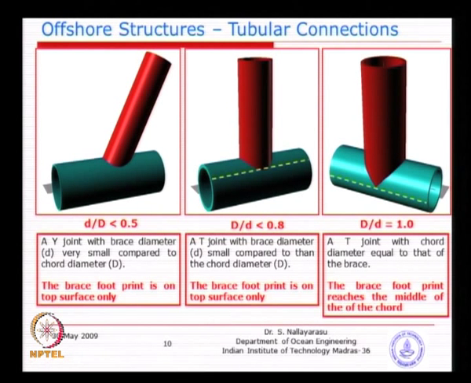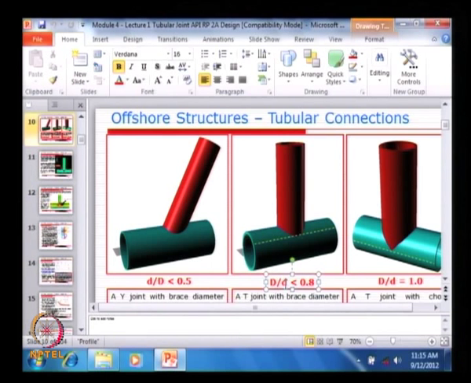Now, you see the diameters, I purposely made it to just indicate how things will go wrong or how complicated things could be. You could see here the brace is smaller. So, basically the ratio becomes less than half or equal to half or whatever, and when you make the brace bigger and bigger, see here the d by D ratios.